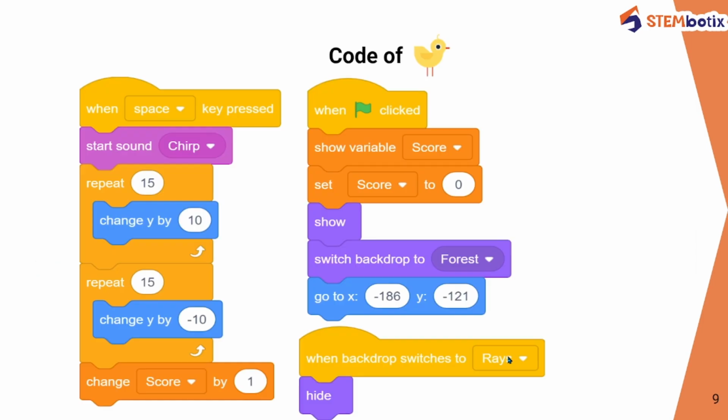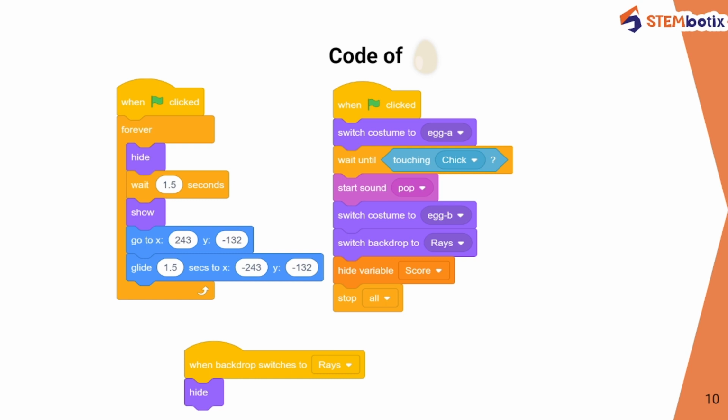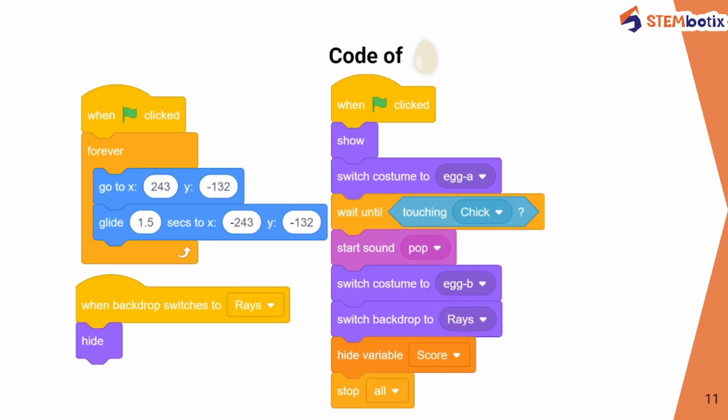This is the coding for the chick, and this is the coding for the egg. Here we have two different eggs, so this is the coding for one egg and this is the coding for the other egg. We will see the step-by-step process of how to create your game and start playing it in